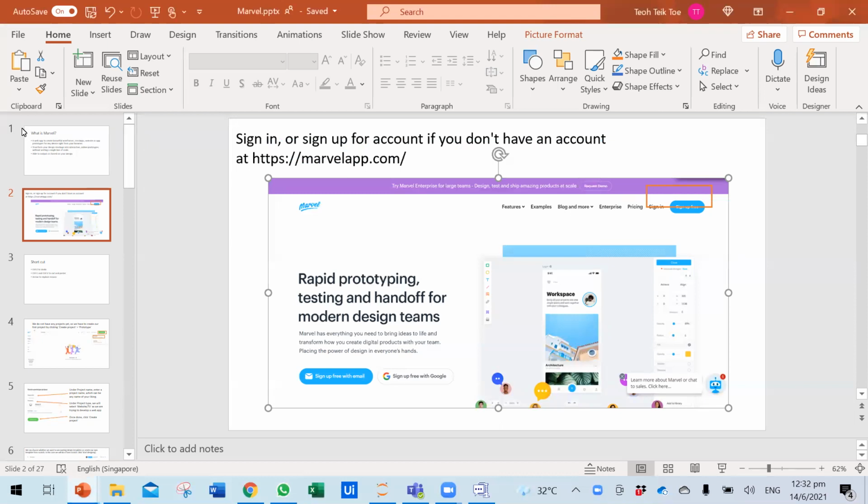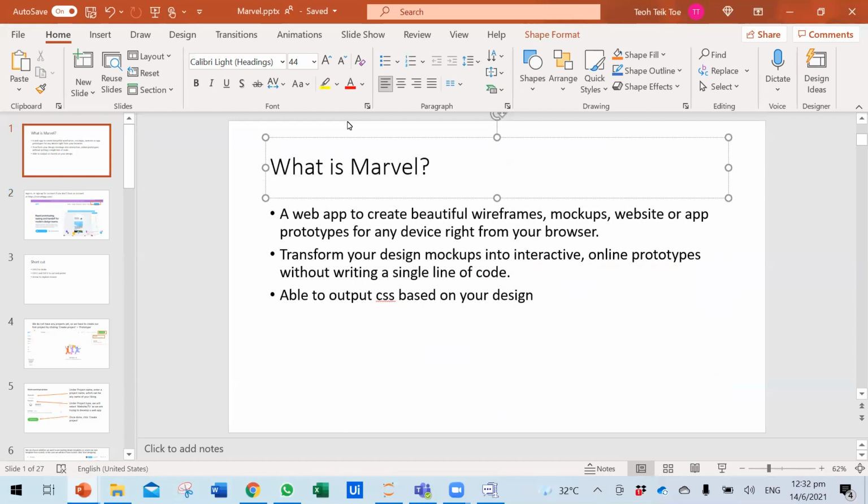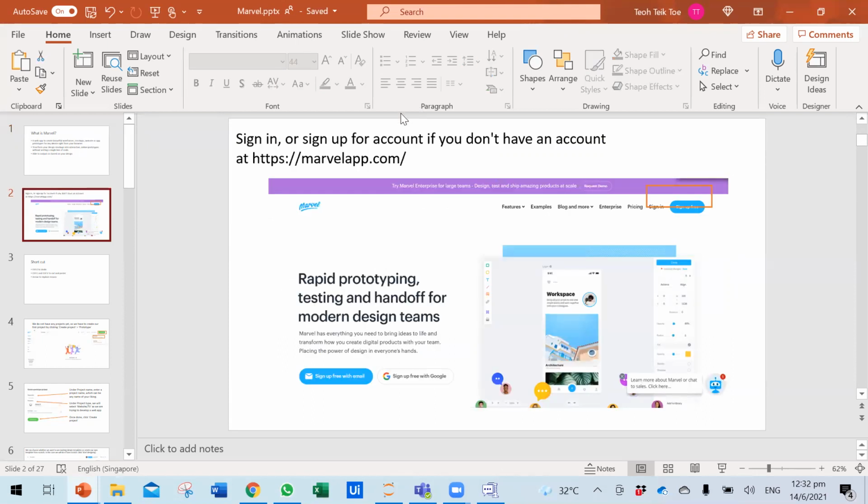So this video is on UI UX. We're going to use Marvel for this UI UX. The question is why we want to do that, because we want to have a feel first before we go to coding. Okay. So the first thing you need to do is